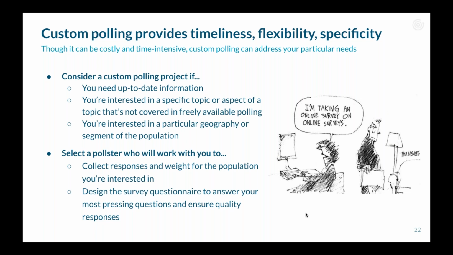They should also have an approach that collects responses that are as representative as possible, and also adjust for sampling error, because they'll be collecting a few hundred or thousand responses in order to say something about a population that could include millions of people. And unless you're already experienced in survey and questionnaire design, you'll want to look for an organization that can provide expertise in that area so that they can help you make sure that questions are written in a way that you actually get the answers that you're looking for, and to ensure quality responses so that the responses that you get are truthful rather than people just making selections to get through a survey.